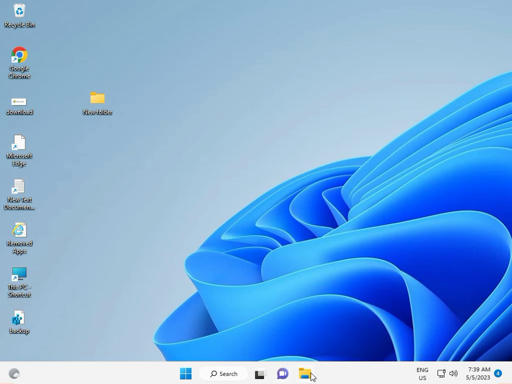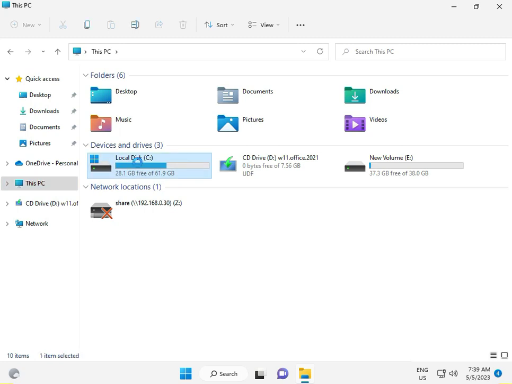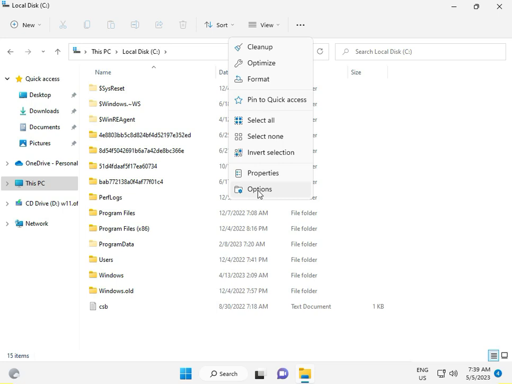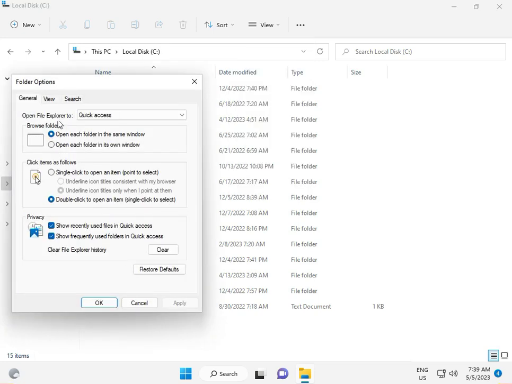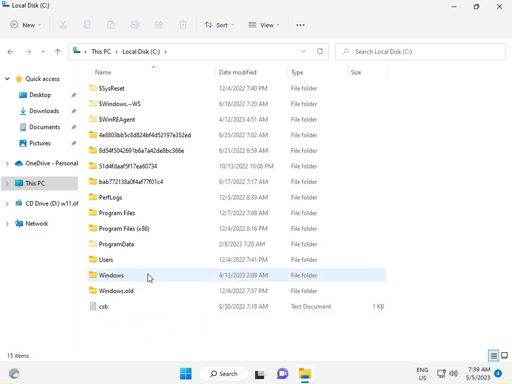So open File Manager, open C drive, click to View tab, then click Options, View, and check show all hidden files. Okay, then apply. Okay, then guys click to Windows,